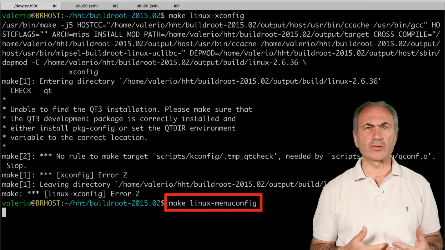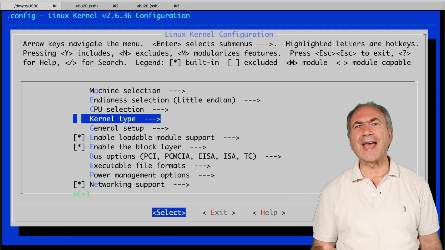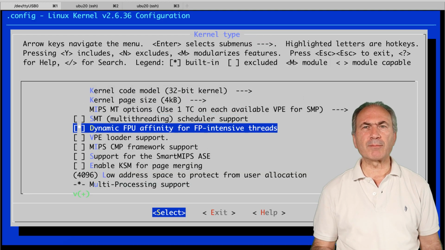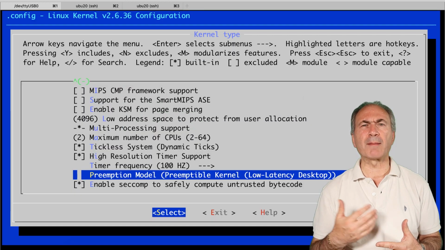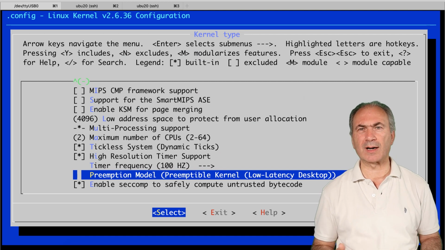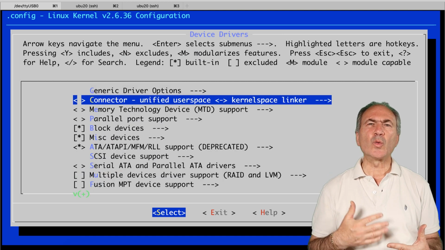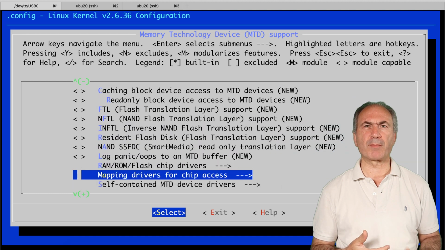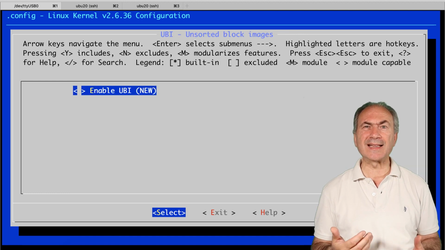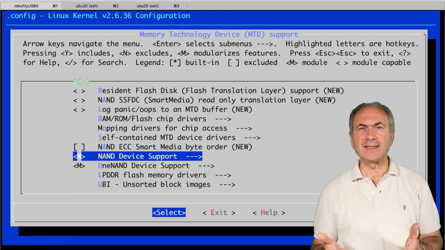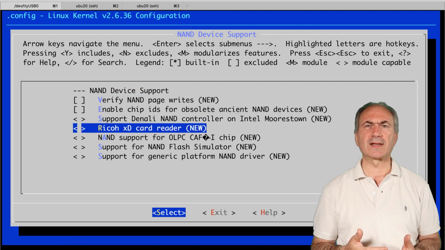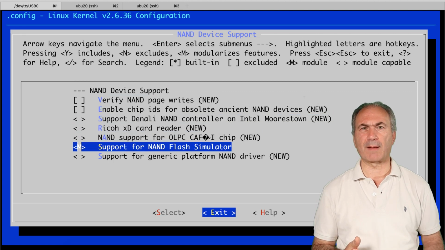Without going into much detail, in the kernel we have to configure the preemption model to be a preemptible kernel as in our sample device. We have to include the NAND device support for the NAND flash simulator needed to simulate the UBIFS file system, and the UBI device support.